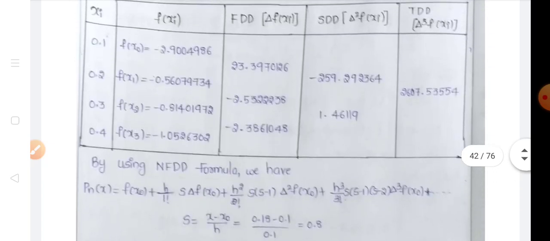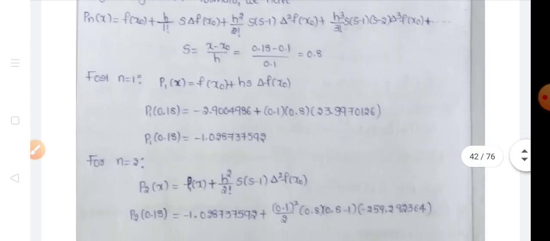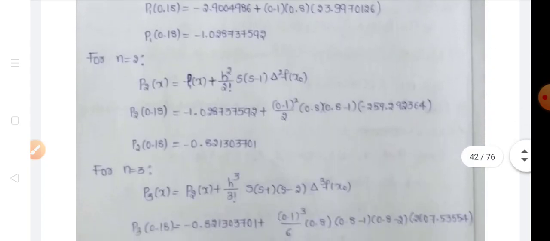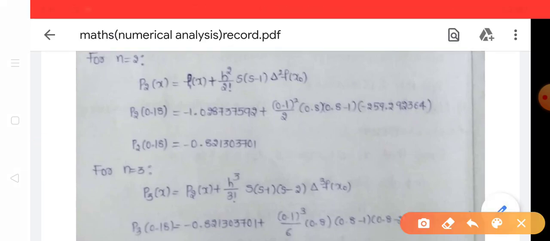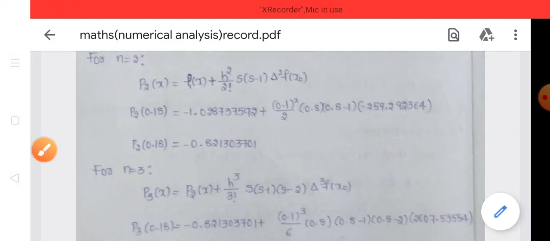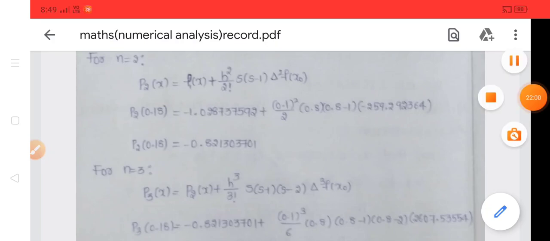is equal to minus 259.292364. This is delta square f of x naught. P2 of 0.18 is equal to minus 0.8213037001. Next,